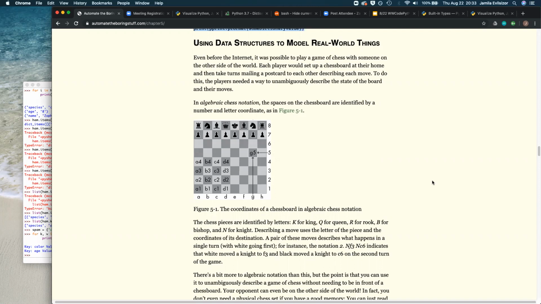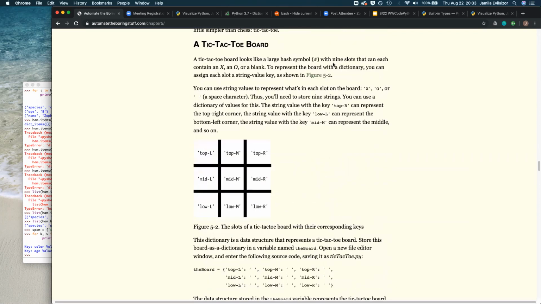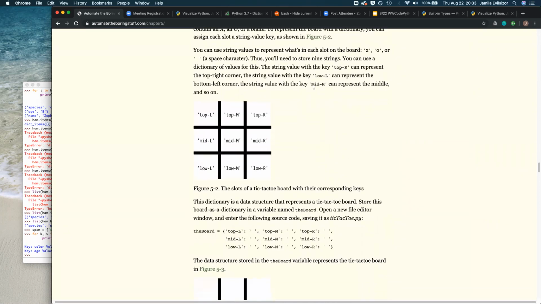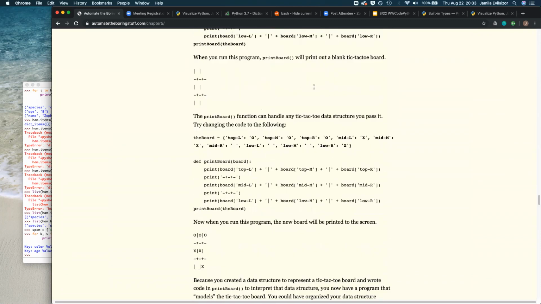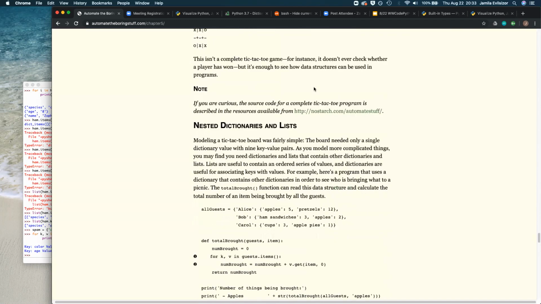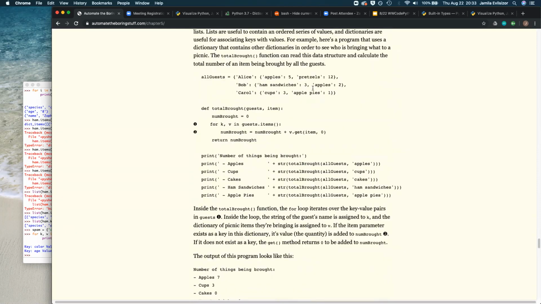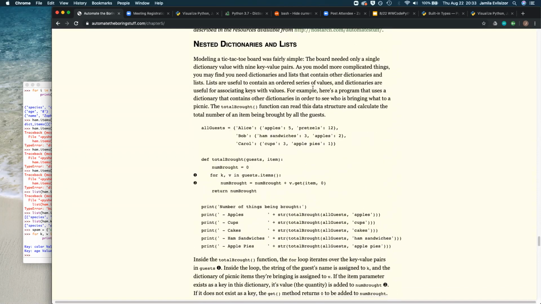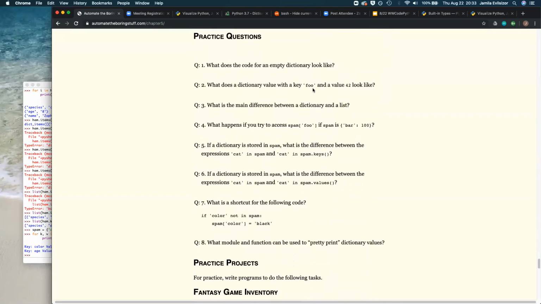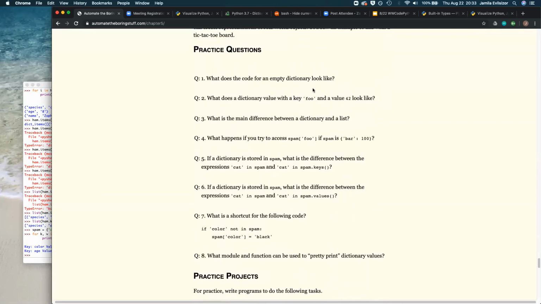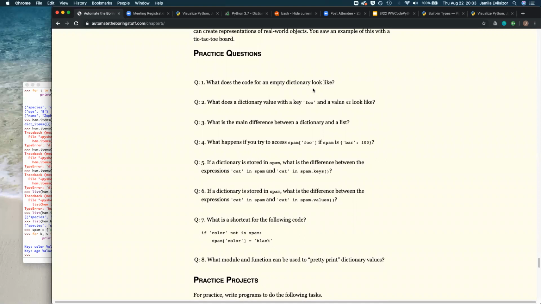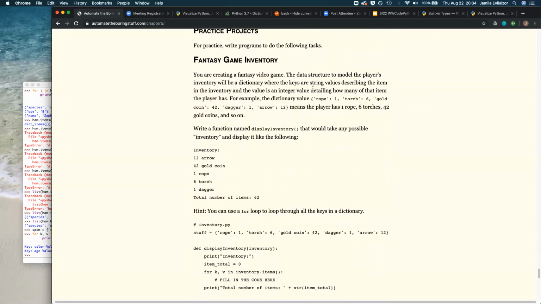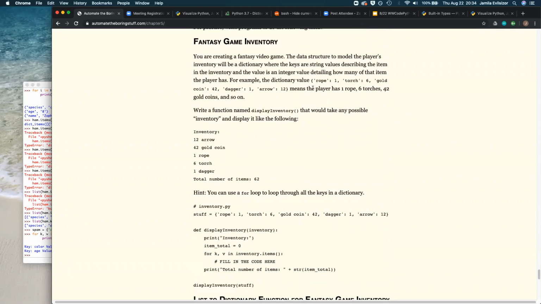This is chapter 5. We're going to pick up back here with using data structures to model real-world things. Essentially, we're going to be making a tic-tac-toe board. So that's going to be fun. It looks like we're also going to hit on some nested dictionaries and lists. And then we're going to review all these fun practice questions, holding those to make sure that your mind is nice and fresh and can come back and remember all of these for next week. And we even have a fun little practice project down here at the bottom,